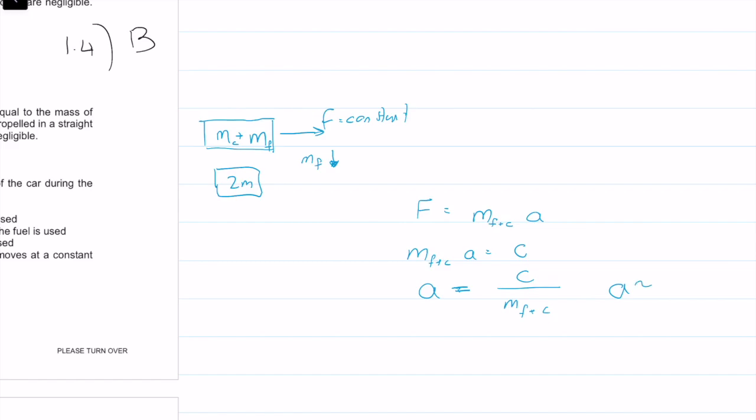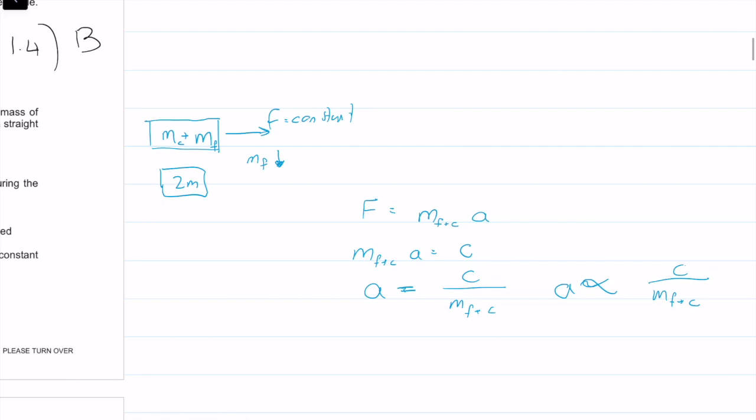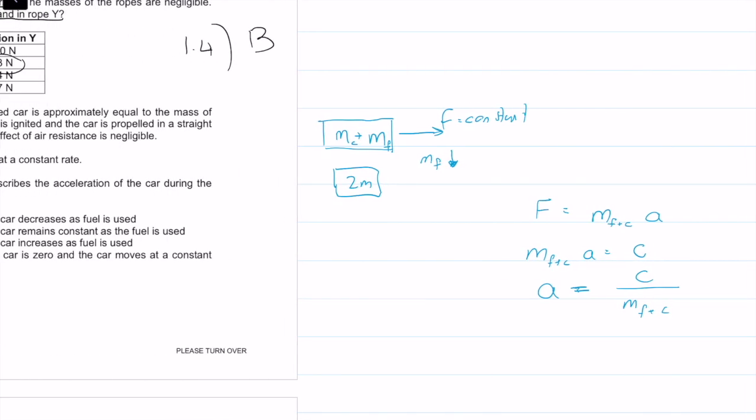Okay, and so what we're basically saying in this equation is that the acceleration is proportional, right? It's inversely proportional to the mass of the fuel plus the car. Let's just look at this part of the equation. As the mass of the fuel goes down, so the denominator goes down, right? And so when you're dividing a constant by a smaller number,